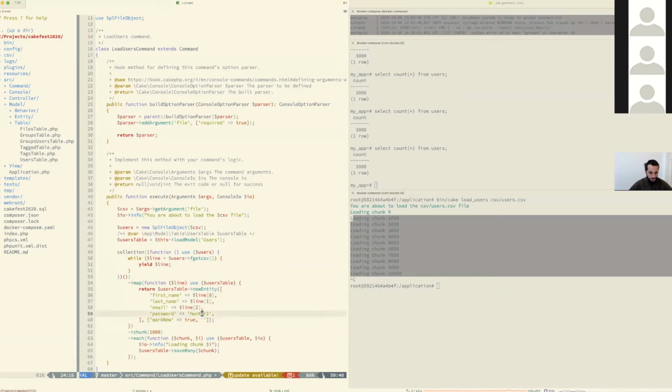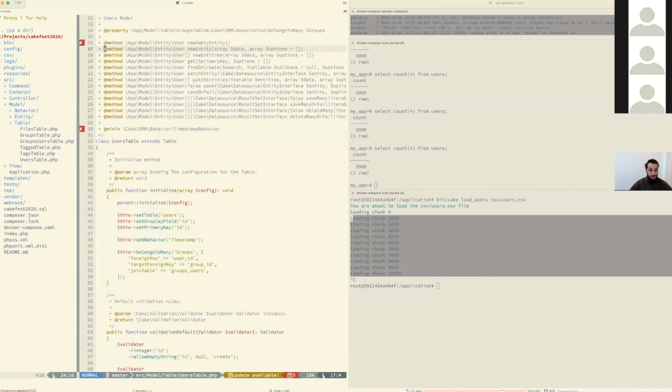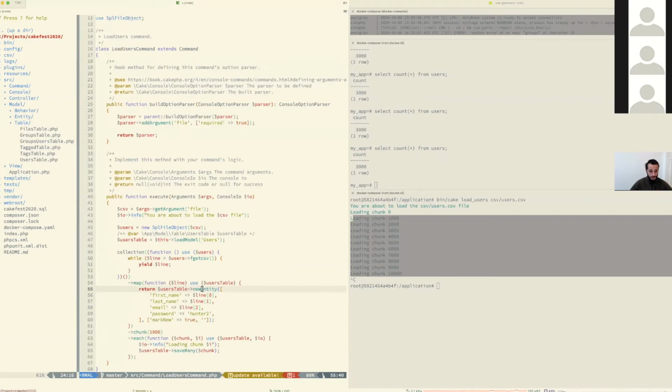What was the other? So we have entity. Well, I cannot remember all the options right now in new entity. There's mark new, and I think they are documented, a lot of them, not here. Oh yeah, the other was use setters